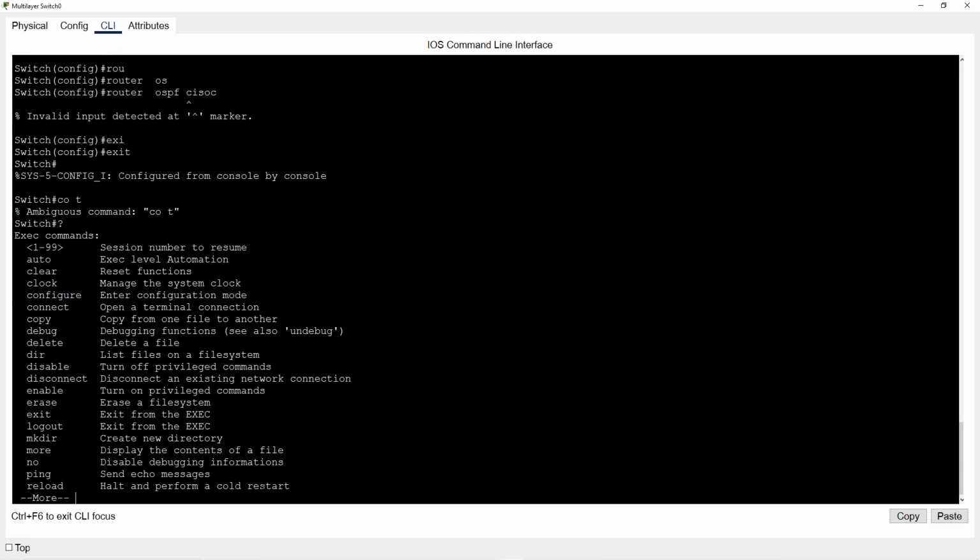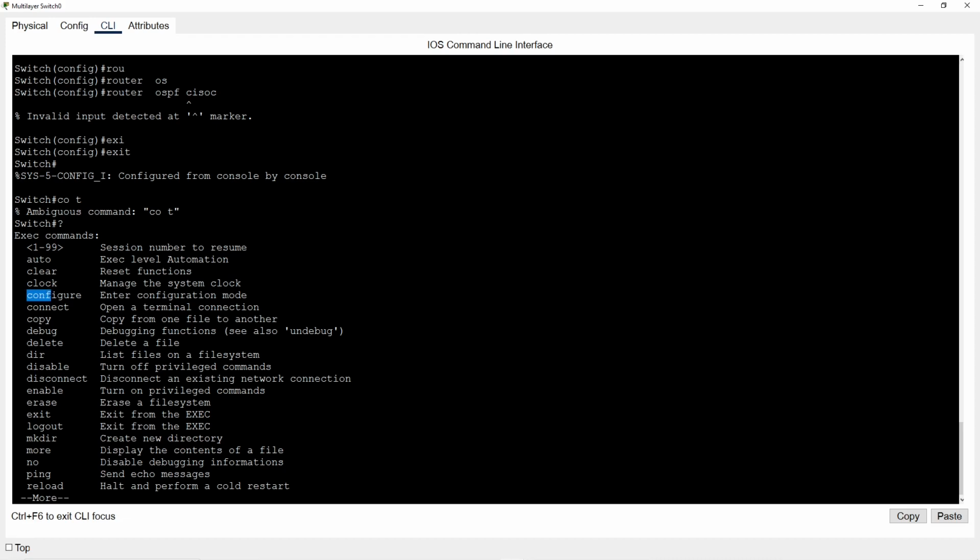So if we put a question mark here, we're gonna see more than one command that starts with CO. So we have configure, we have connect, we have copy. For that reason, our switch couldn't know the word that we meant by CO, because there is configure, there is connect, there is copy. But if we put CONF,